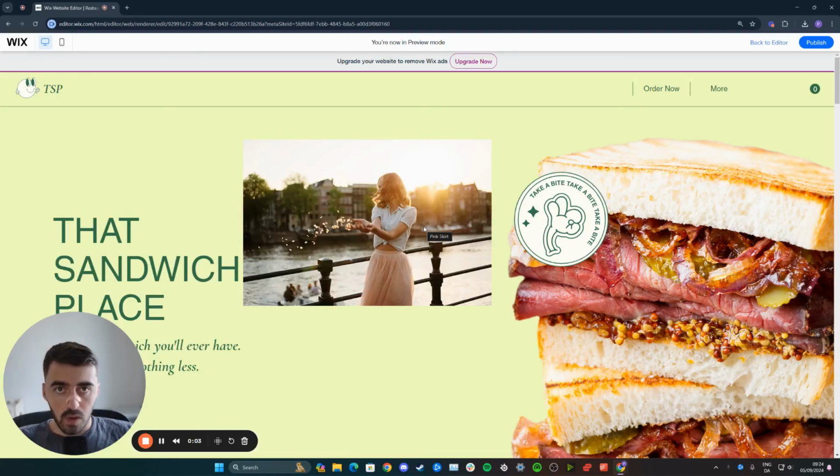In this short video, I'm going to show you how to make an image circular in Wix. Now, if you take a look at my screen right here, you can see that I have this image, and this is the image that I'm going to be making into a circle. Now, bear in mind that it doesn't matter what shape or size your image is, the process is pretty much